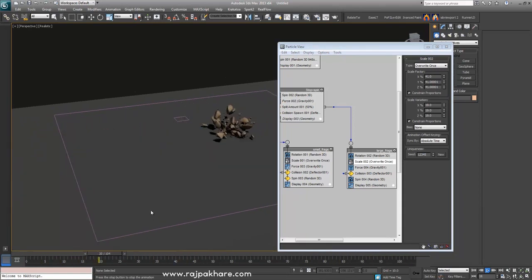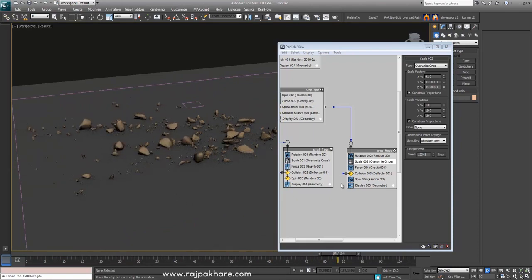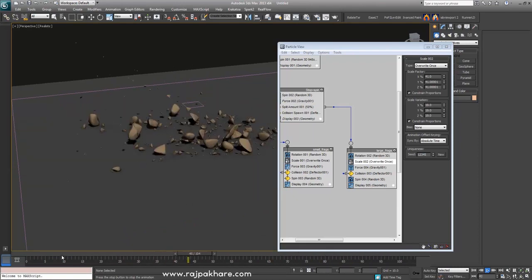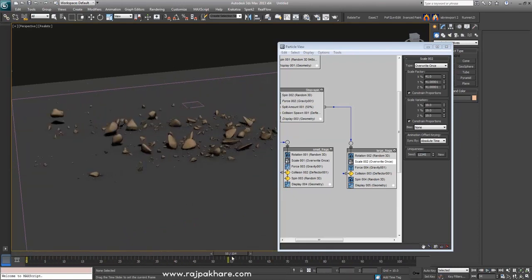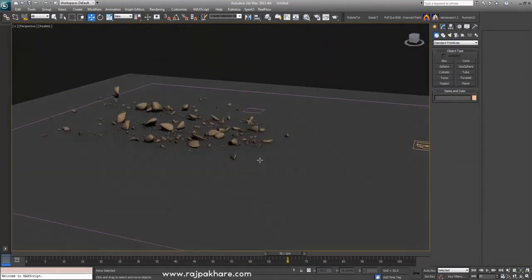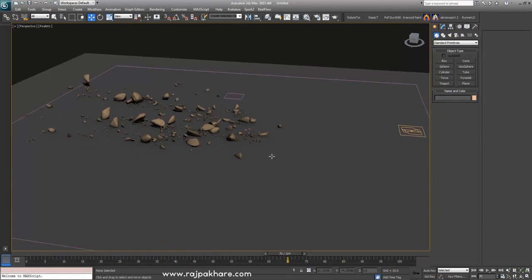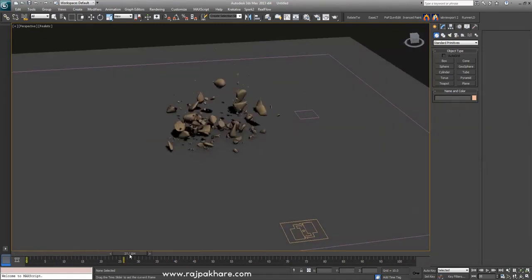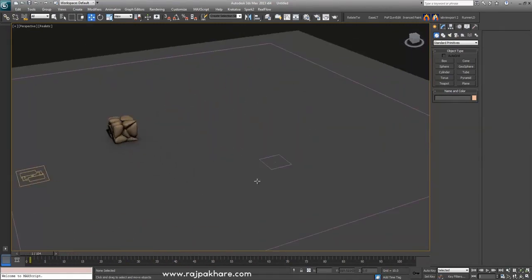As you can see, adding some large and small variation, it looks much better. Alright,